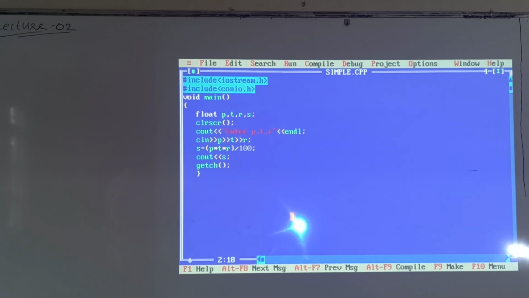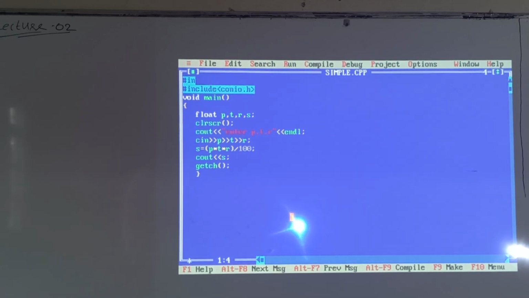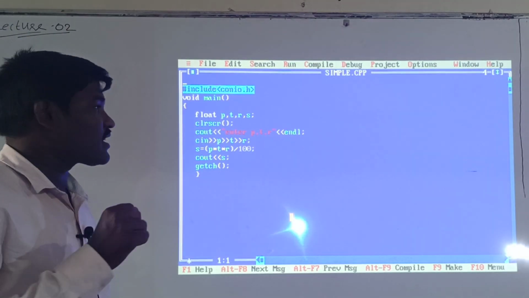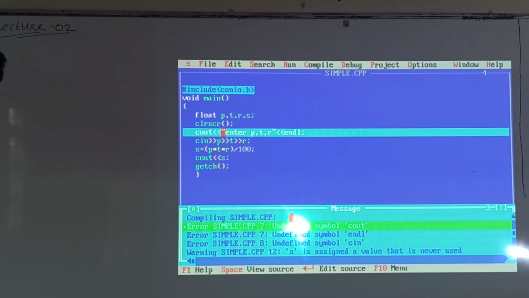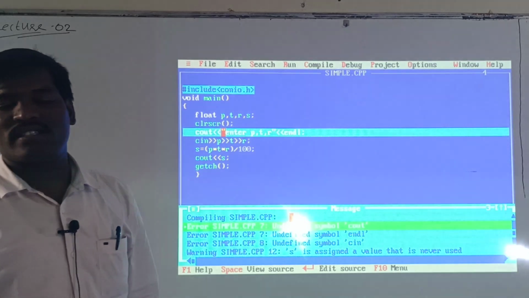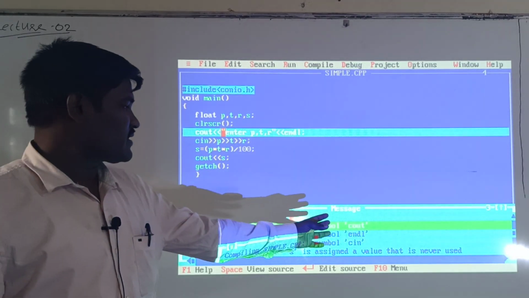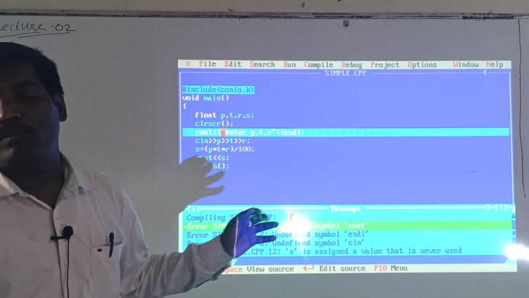Conio.h. Okay, suppose I have not written iostream.h. See here, if I execute the program without writing iostream.h, here it shows undefined symbol cout, undefined symbol endl, undefined symbol cin.